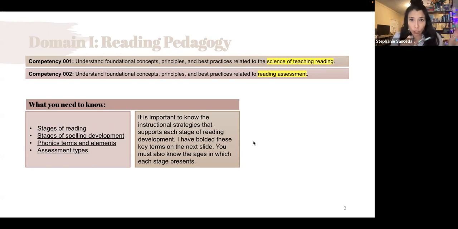So for competency 1, you have the principles, concepts, the stages of reading, the stages of spelling development, phonetic terms and elements, and assessment types. And it is important to know the instructional strategies that support each stage of reading development, we have different things that we use. And so that's why this exam is tricky, because even if you do know the instructional strategies for each stage